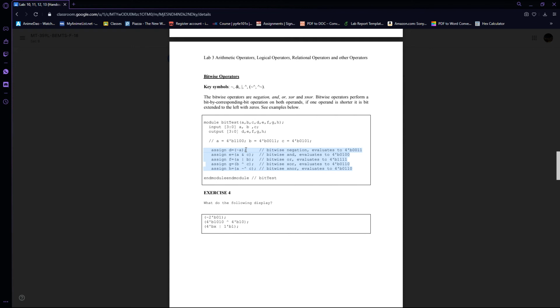Okay, it means that if the value of the B A is equal to 1100, then it will change it to 0011. Okay, similarly assign E is equal to A and C, which means that if any of the values is 0, the output will be 0. If both of the values are true, then the output will be 1, which means that the value of A is actually 1100 and C is 0101. So it will give us